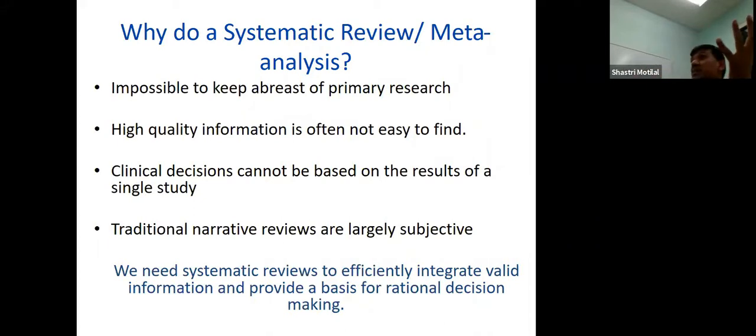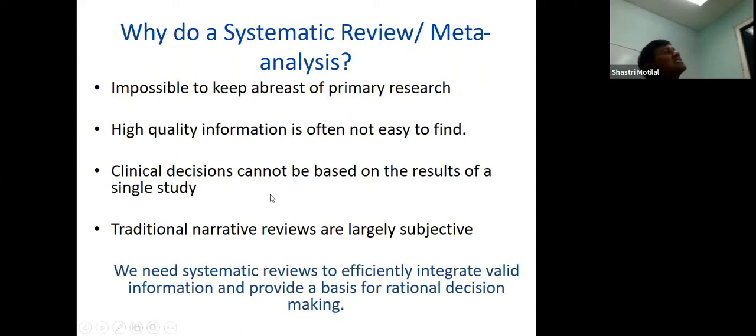Because if we say only 1% of medical literature is done perfect and well, it means your readers are already biased. You don't have time to read 100 articles and then appraise all and then figure out which is the good one out of the 100. I'm going to follow that one. Nobody has time for that, except the people who do systematic reviews. They are the only ones who have time for that.